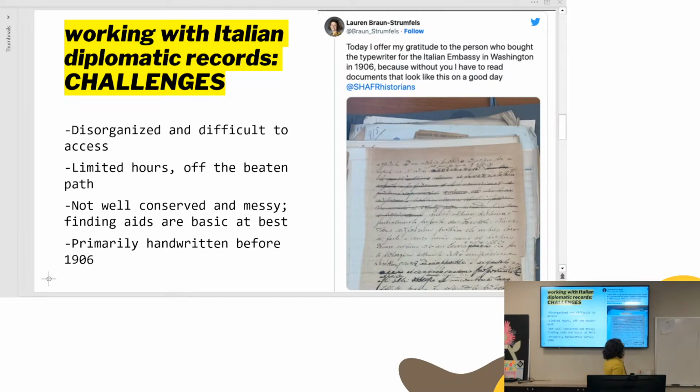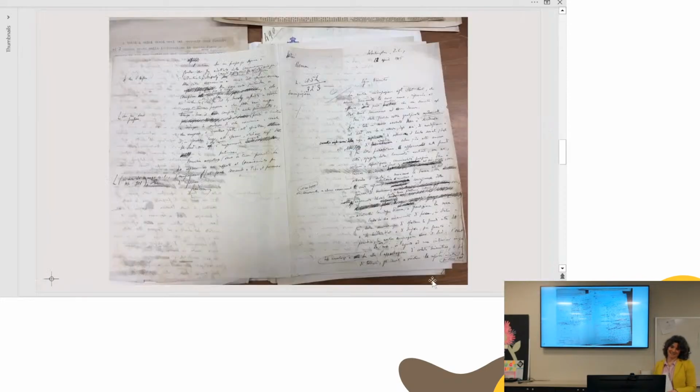And the other thing is, this is high diplomatic language. It's very formal. No Italian person talks like this anymore, even though written Italian, like in university or academic settings, does tend to be a lot more formal in its style. But like this, you have to decode it, and this takes a little bit of work. This is one of my examples. Yeah, exactly. So you're looking at that and you're like, oh God.